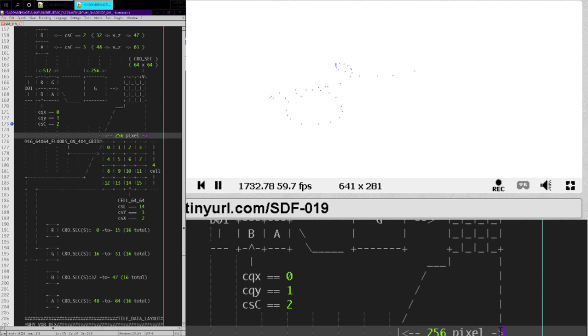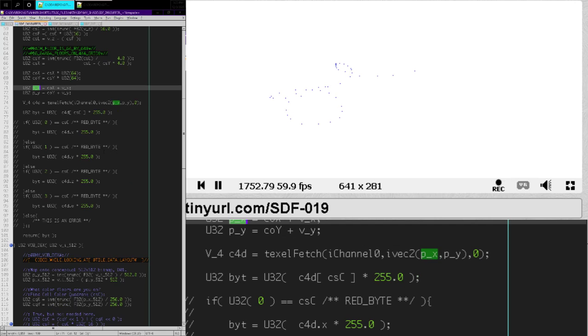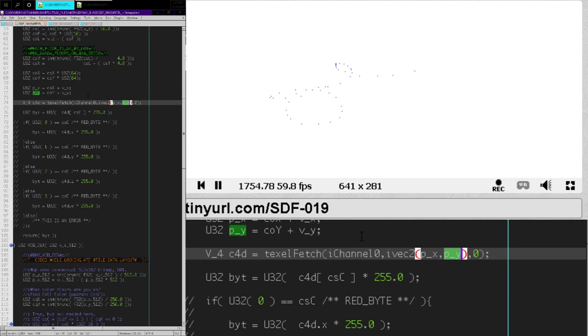So when we're looking at the units here, it's 4 cells, but it is 256 pixels, right? So we have these different units here, and let's just make absolutely sure: if we have 64 times 4, we do get 256, right? So that means that for our Texel fetch, we'll make sure that PX